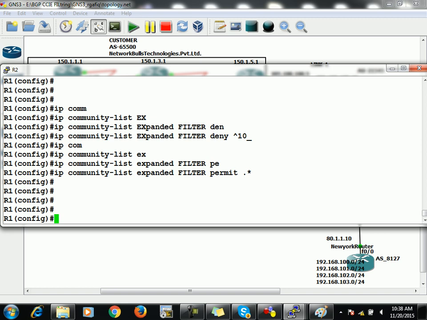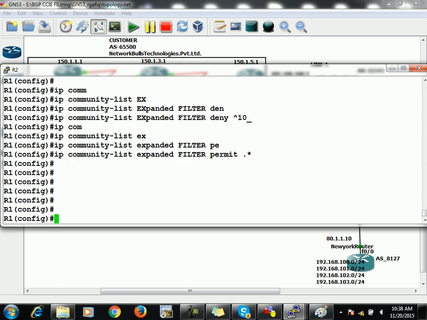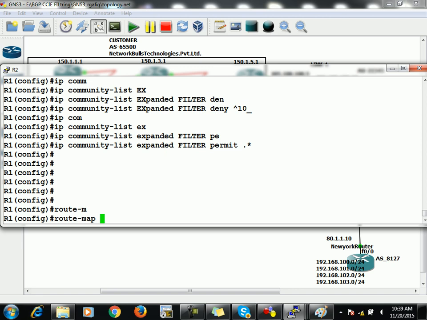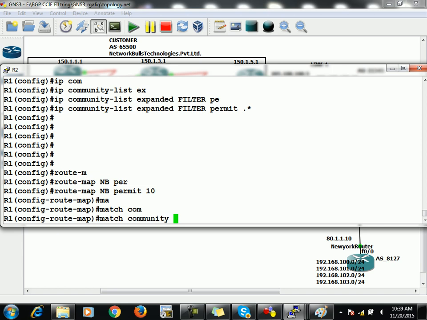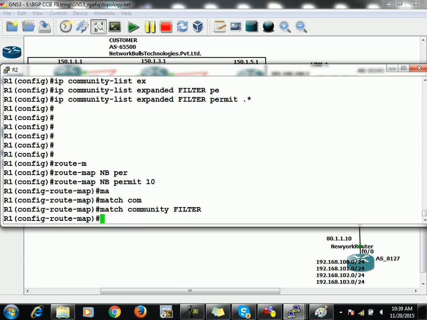Now after it, go to route map, name is MB, permit 10, match community, and the community list name was... So only those prefixes will be permitted by the route map